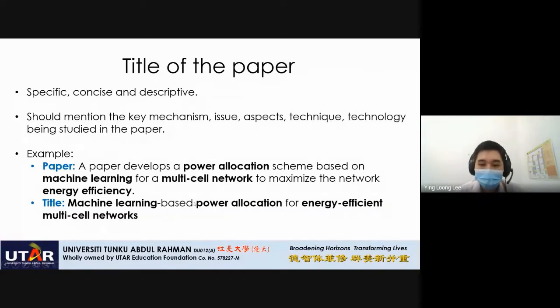Okay, so both statements, the phrases that are bold, they are the key things in the paper, so they should be in the title. So that when I read the paper, I know, oh, this key mechanism is based on some new technique, and also from the title, I know what your objective is. It is to make the network energy efficient, right? So from the title, you can know what your paper is about, right? So that is what you should have in the title of the paper.